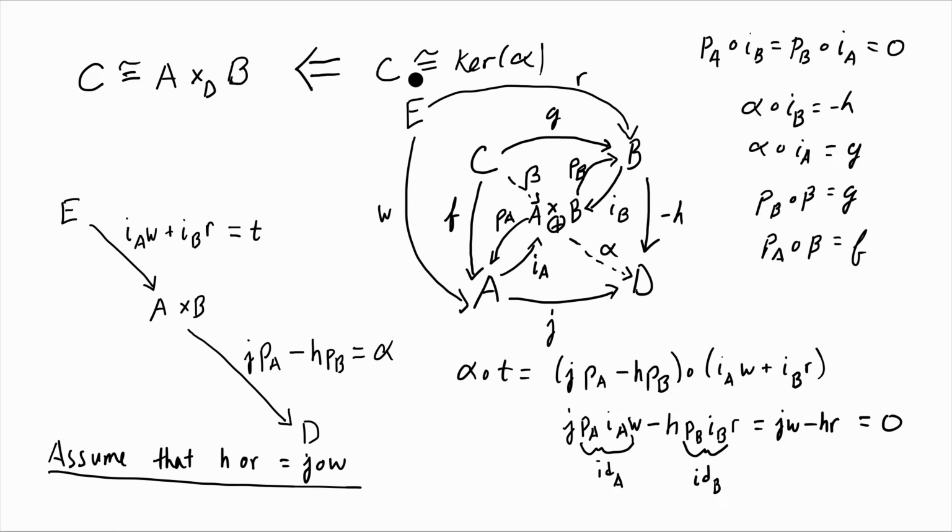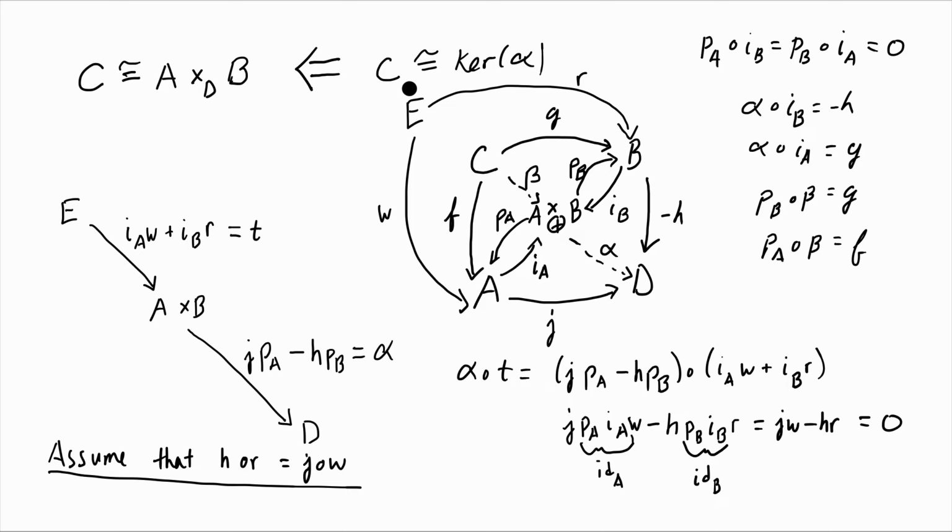So if C is isomorphic to the kernel of alpha, then that'll actually imply that C is isomorphic to the fiber product. So we can work our way back that way by first assuming that C satisfies the universal property of the kernel of alpha, and then showing that C will satisfy the universal property of the fiber product. Okay, so